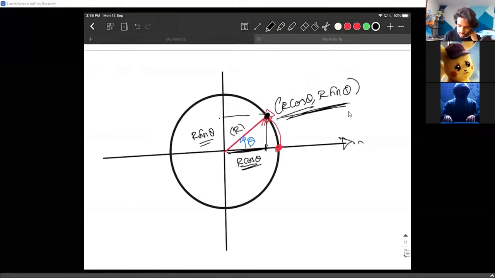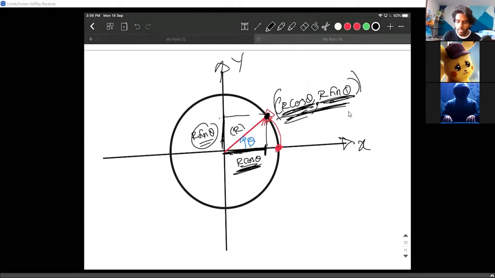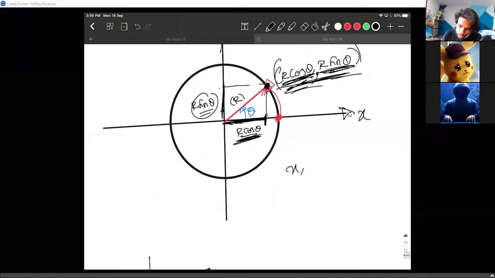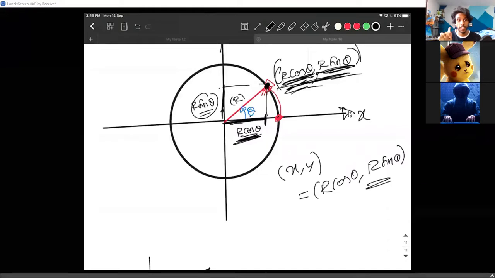So if I write this as the x-axis and y-axis, this length is r cos theta, so this coordinate is nothing but r cos theta. This length is r sin theta, so this is nothing but r sin theta. So we have the coordinates r cos theta and r sin theta. This is the most important point, pay attention, okay? Once you have the coordinates x, y equals r cos theta, r sin theta, I write the position vector of the point: r bar equals x i cap plus y j cap.